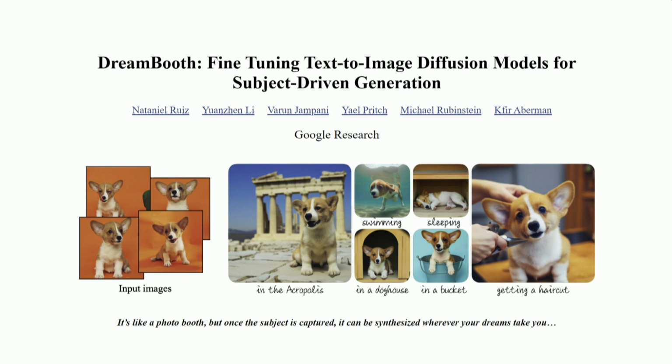What other applications? Another AI application is personalization. Now, let me give you a flavor of this. Using your phone to take a couple of images of your pet from different angles, and then using that as an input to a personalization app that would then enable you to picture your pet swimming, sleeping in a bucket, getting a haircut, or even on the moon drinking water from a bright orange Stanley tumbler. So you could do that very, very easily using such apps, such technology.